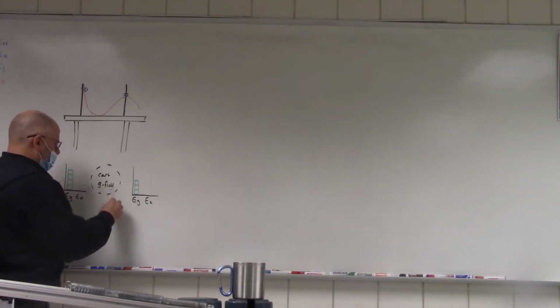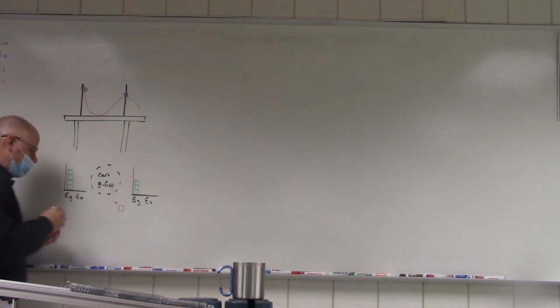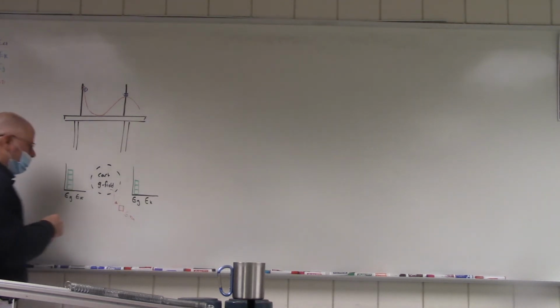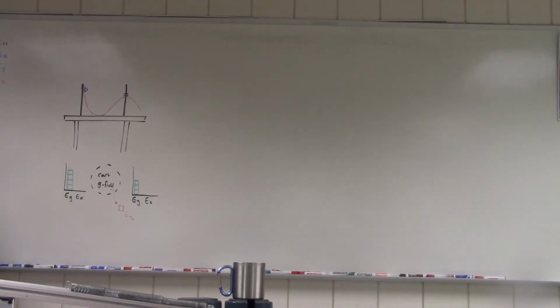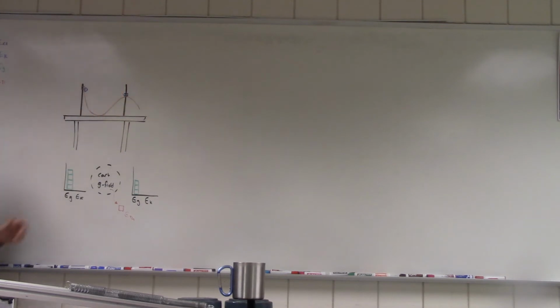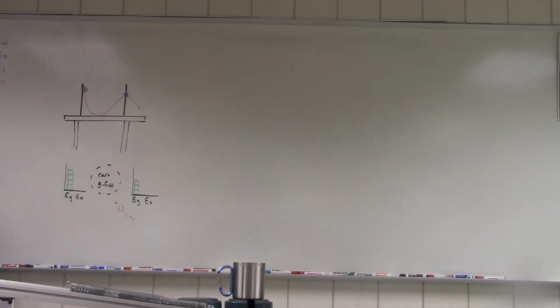That's right. It gets kicked out of the system because the car either rubs on the track or rubs on itself, and we lose some to thermal energy. Now this is fine. What this implies is that it's not moving here and it's not moving here. In order for this to get over, it has to be moving a little bit, but you see the idea. Is that cool? And then what the kids yesterday did is they measured the height here.